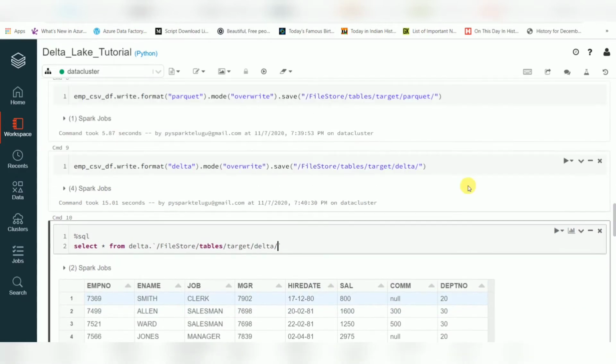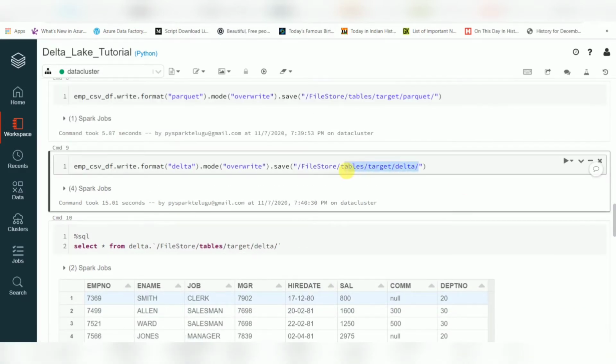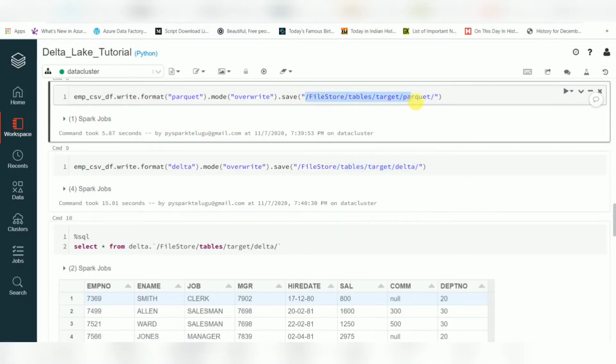The same thing here, you can also read the Parquet file.